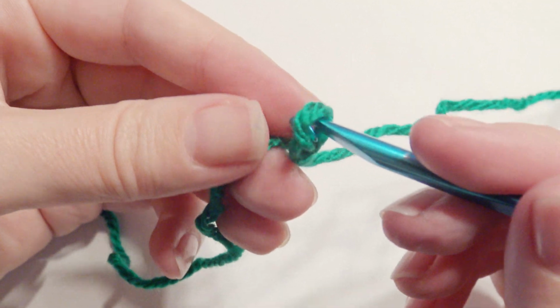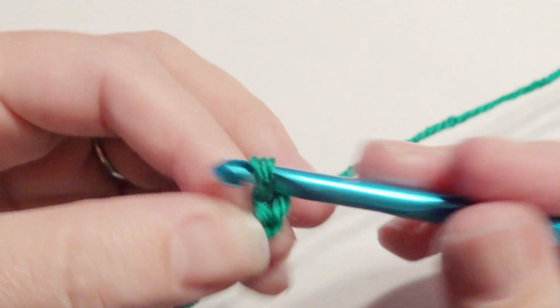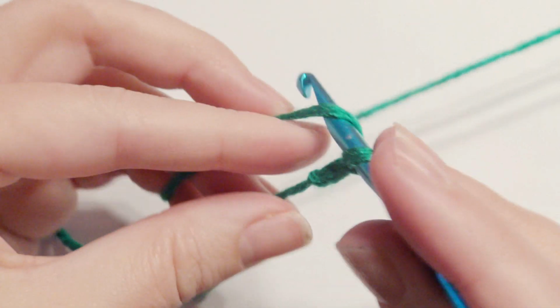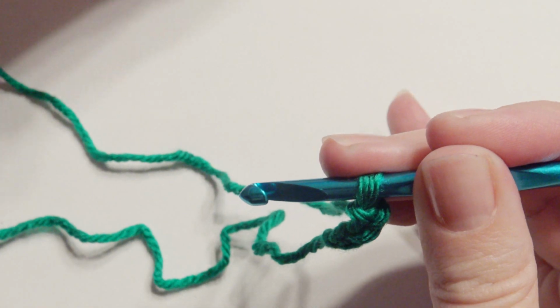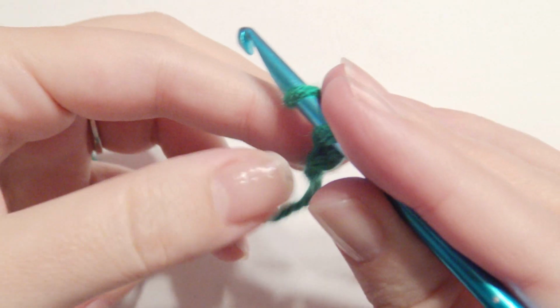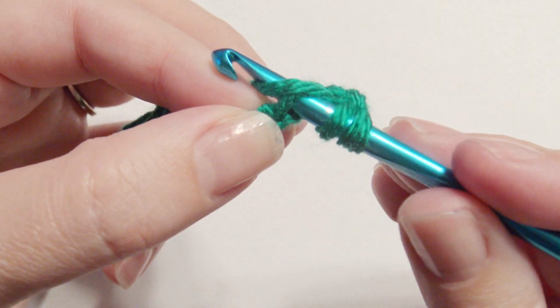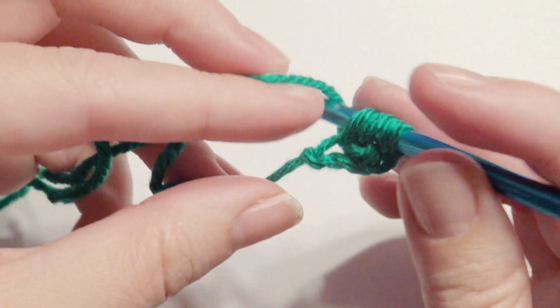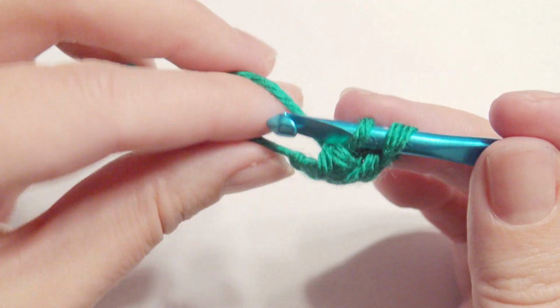This is another way if you like to do the circle for double crochet. So chain 3, then yarn over, and then in that third chain from the hook, you're going to insert your hook, grab the yarn over, pull through 2 loops, and then yarn over and pull through 2 loops to complete that